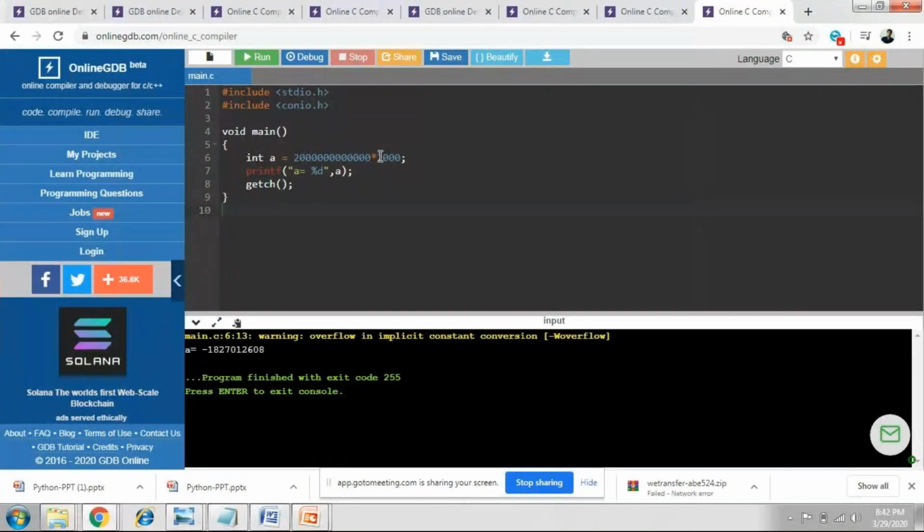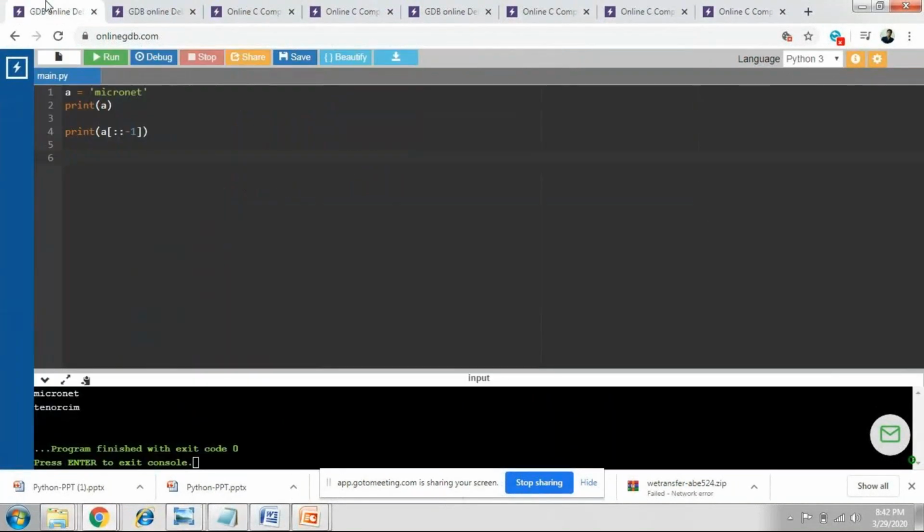Whereas in Python, there is no need of all those things. You can even assign a variable with this many lines, and still it is accepted. So let's try to do the same thing.